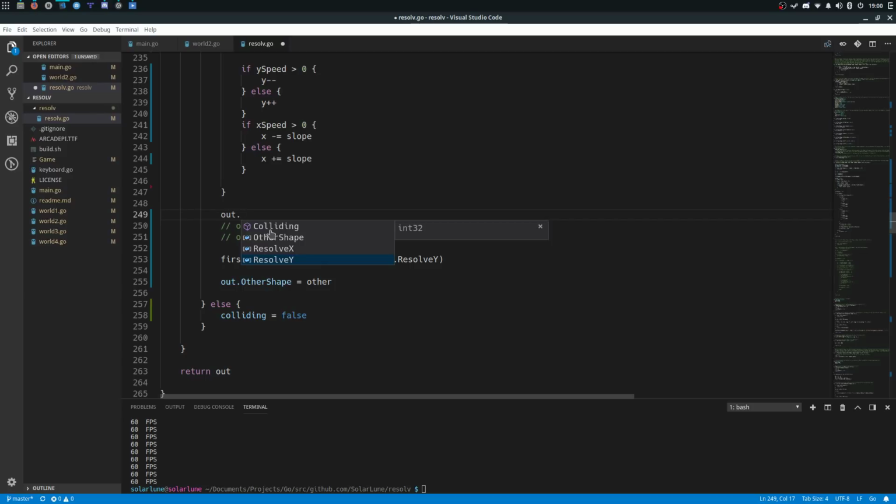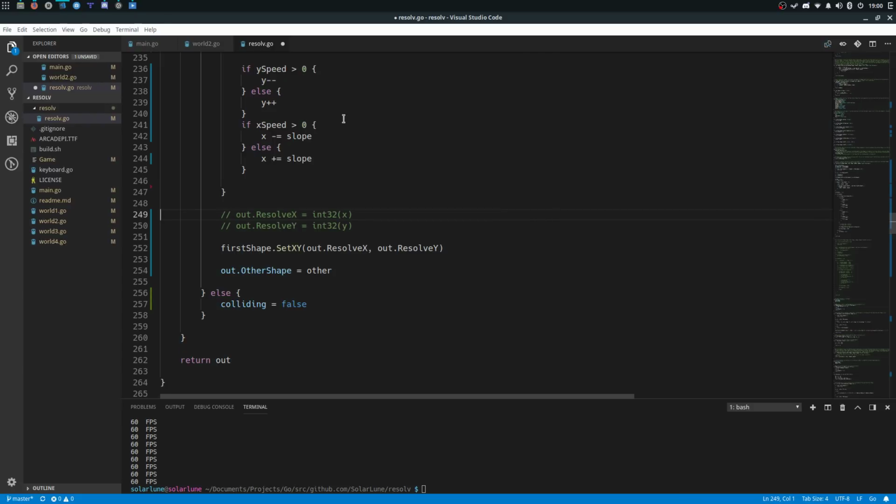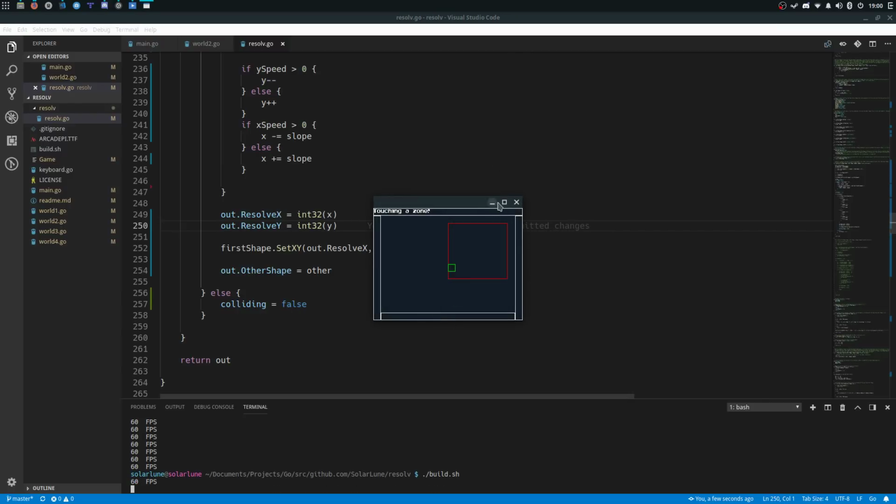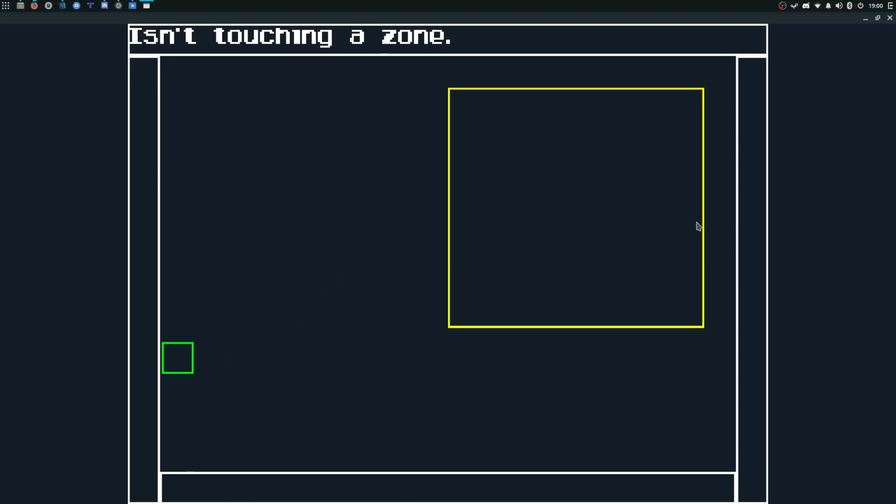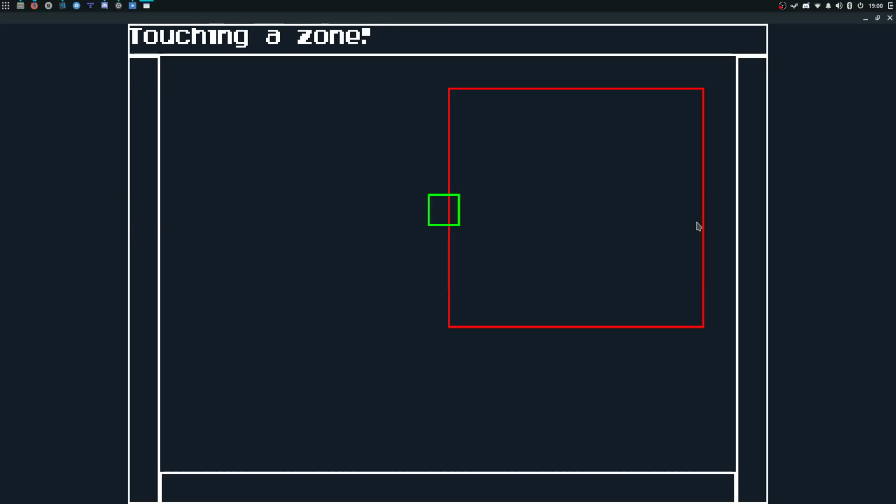Captain Boomerang says, "Hello, just thought I'd swing by. What's this project about?" Basically, this is a project to allow you to easily do physics and things. It's mainly made for collision testing and resolution. So when you go up against a wall, it'll kick you back to the wall. It'll allow you to check to see if you're intersecting with another shape,